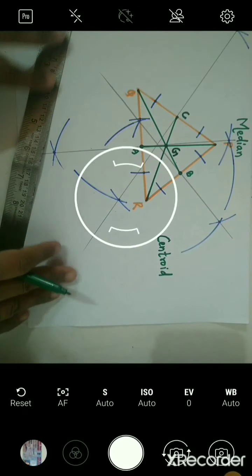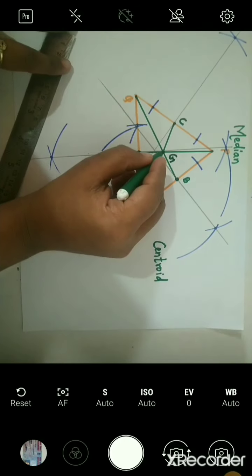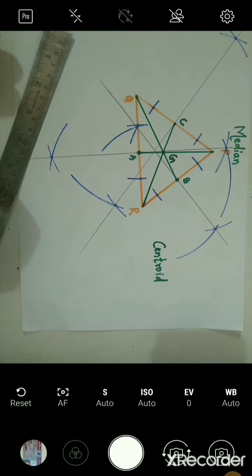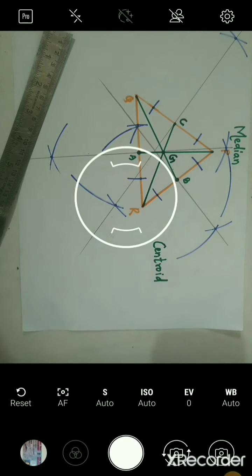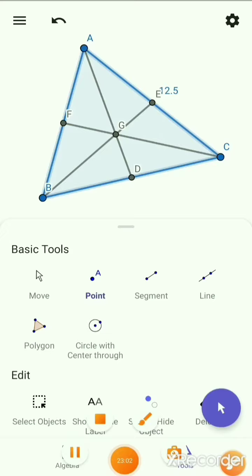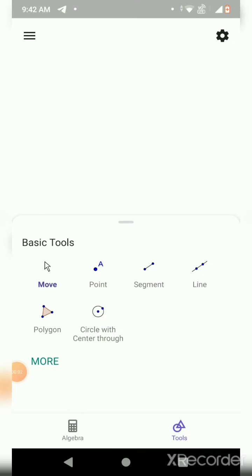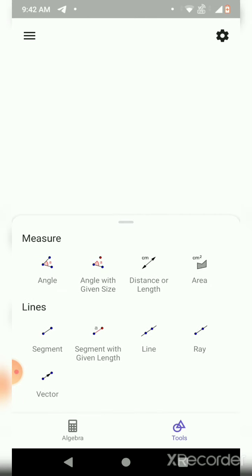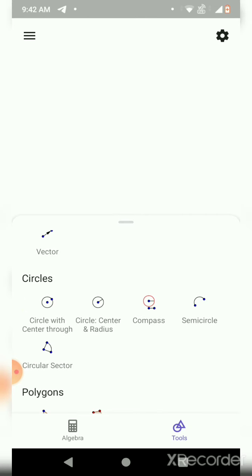So this point of concurrence, the name I have given is point G. And this centroid also has a special property. Let's understand what is that property. What is the specialty of this centroid? Let's see. So, understand this property of centroid, what exactly centroid does. Okay, so first I'll draw a triangle. So here I'm going to draw a triangle first.